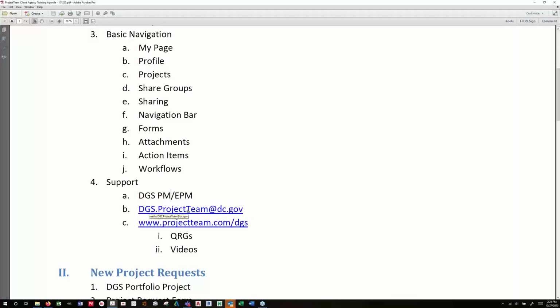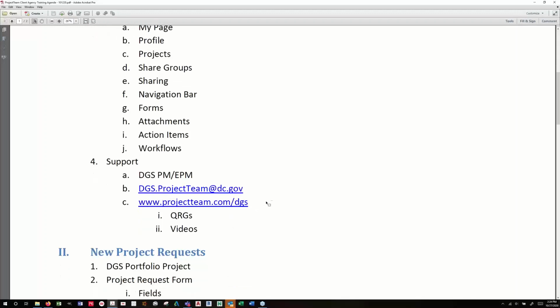dgs.projectteam@dc.gov. That's my team. We answer use questions, support questions, things like that. How do I do this? What am I supposed to do? Things that your PM should usually be able to answer, but if they can't, you can reach out to us. Or if there's an issue, reach out to us. If you have a technical issue, your login doesn't work, you're getting error messages, things don't load, something that has to do with the system itself, then there is